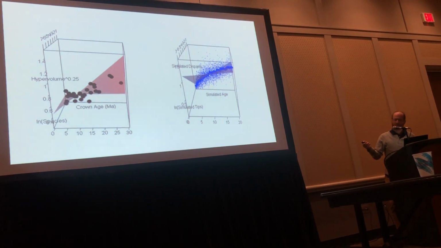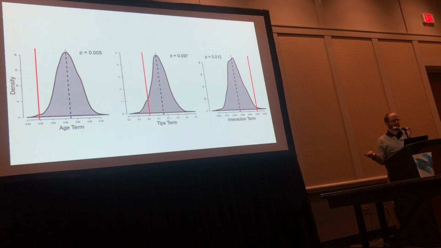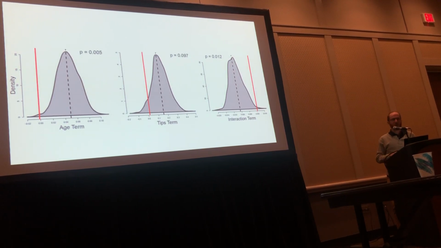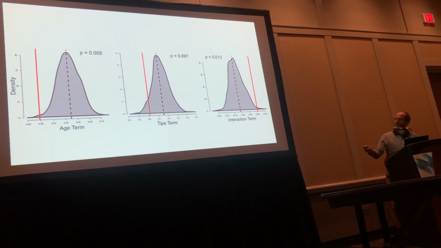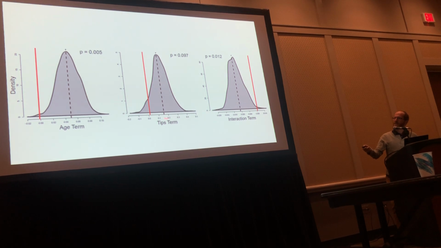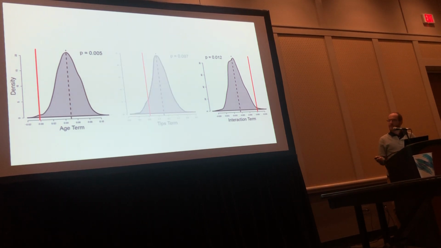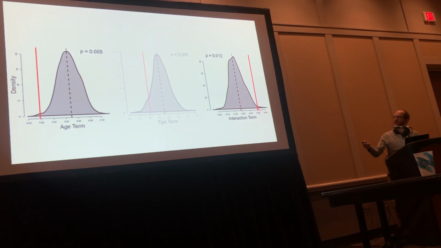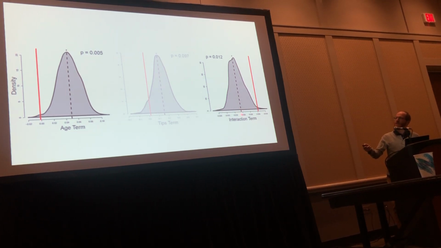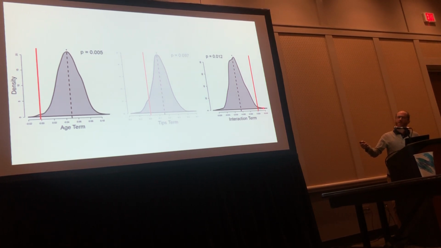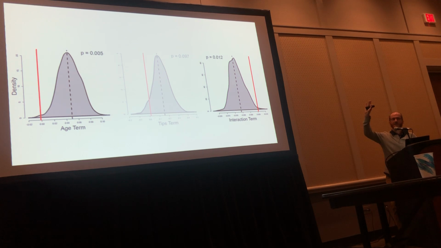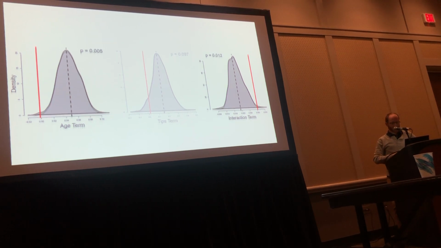But why is it opposite here? And to test how significant that is, I redid those simulations 1,000 times, and so what you're seeing in gray are the distributions of those actual model parameters from the PGLS. So left to right, we have a term for the age, the number of tips in the tree, and their interaction. Two of these are significantly different between the observed and the simulated data, and in fact, this interaction is where that difference happens, right? So you can see the simulated data are nearly always negative. Very, very rarely are they positive, which is where you get that upswing, that saddle-like shape to the regression.